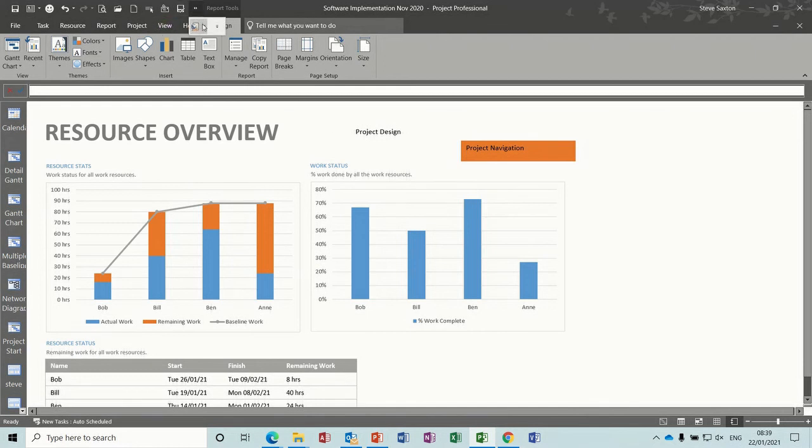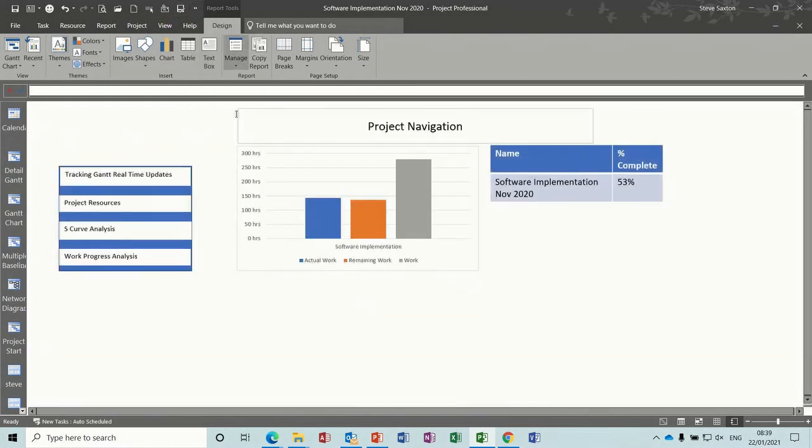If I just go back to the initial one, project navigation. So this report is basically a navigation report to take you to the main areas of project, or the main areas that you use in project. So you can add as many of these links as you need, just to make it more user-friendly for everybody, especially people that are not familiar with